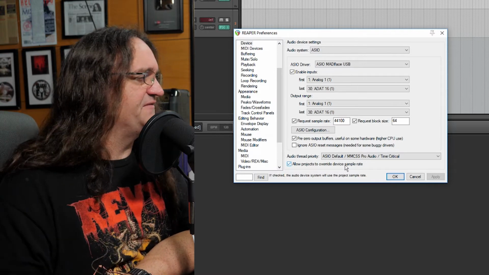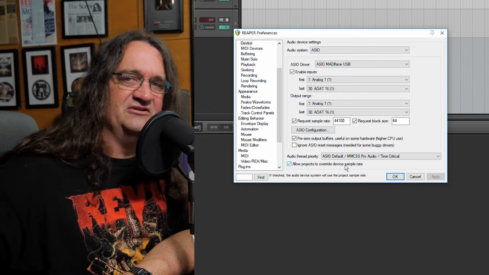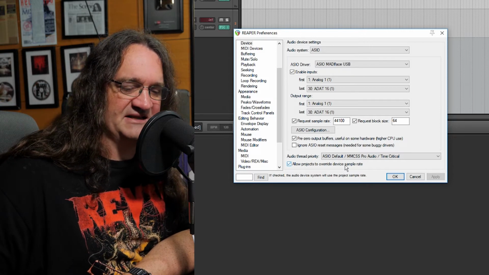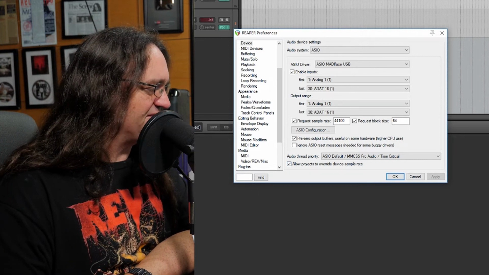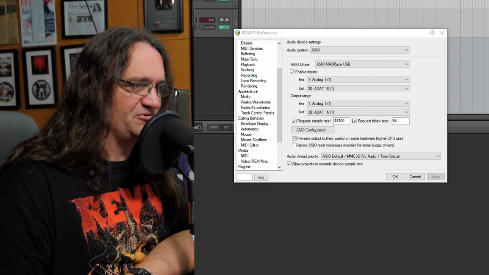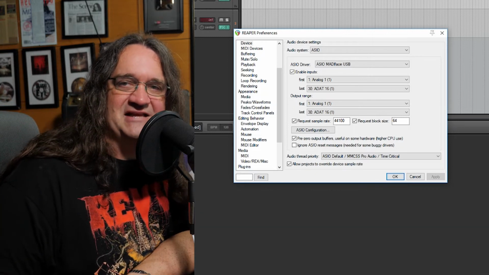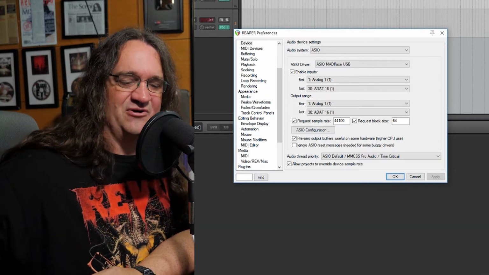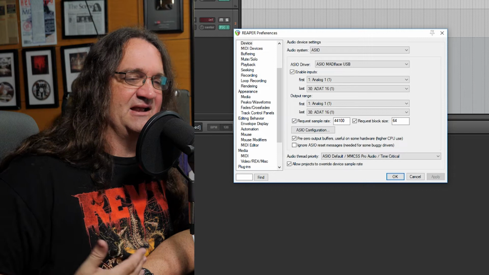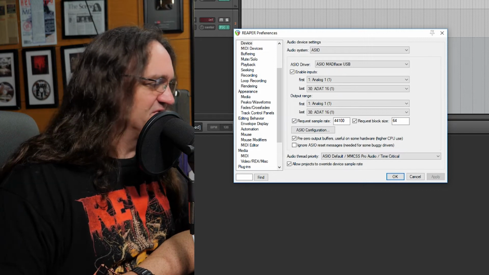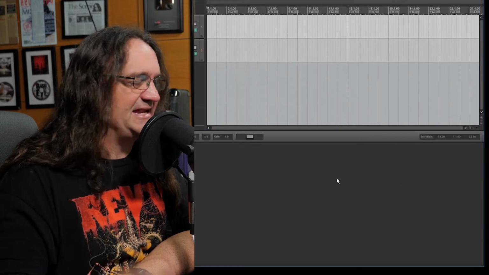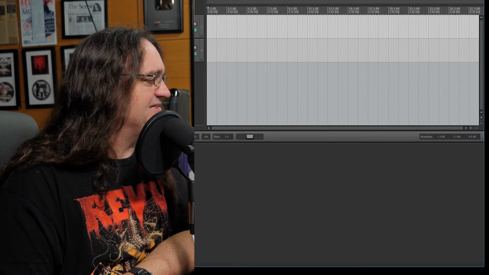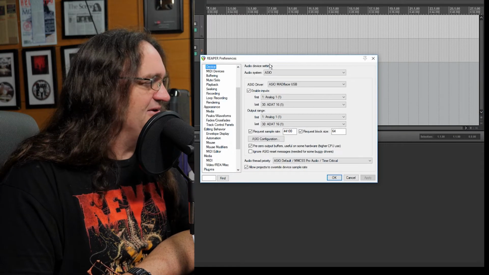The interesting thing, if I switch to WDM, is it really screws with my screen cap software. It doesn't like those drivers at all. So we're going to stay on ASIO and make sure everything's still running. And I'm just going to pull this up, make sure we're still recording here. Because when I switched on WDM last time, it just stopped, and I had no idea, so I kept rambling into a camera and had no audio. So ASIO does the trick for me anyway. And latency is how much time it takes to get a signal in and out of your system.